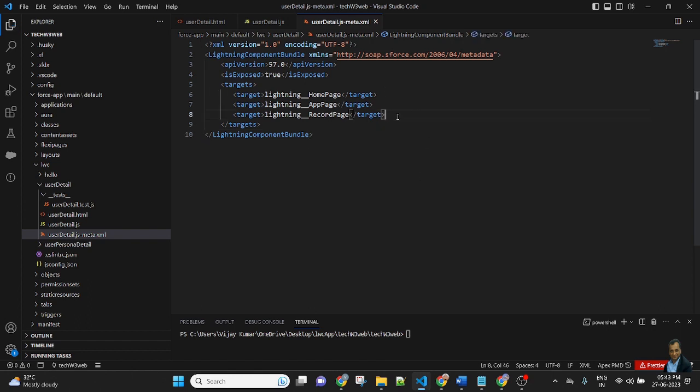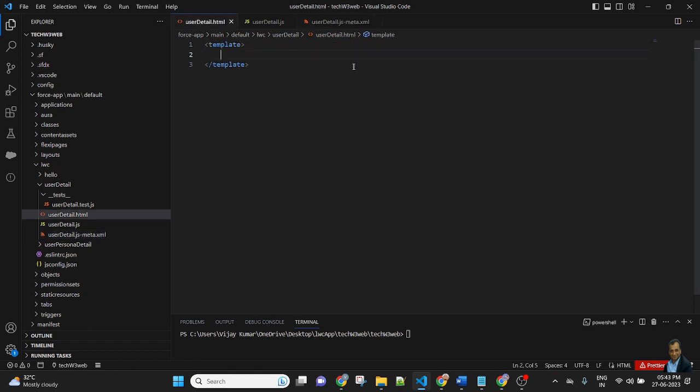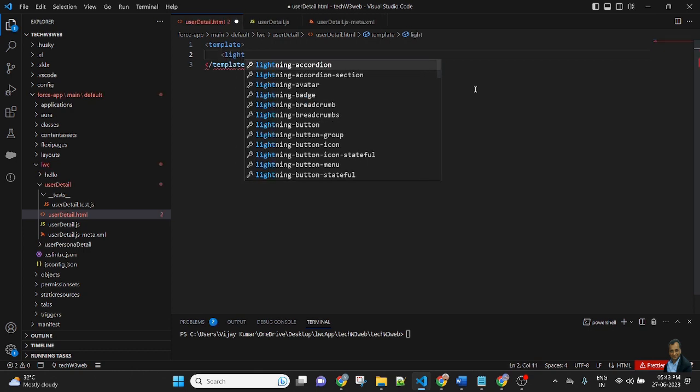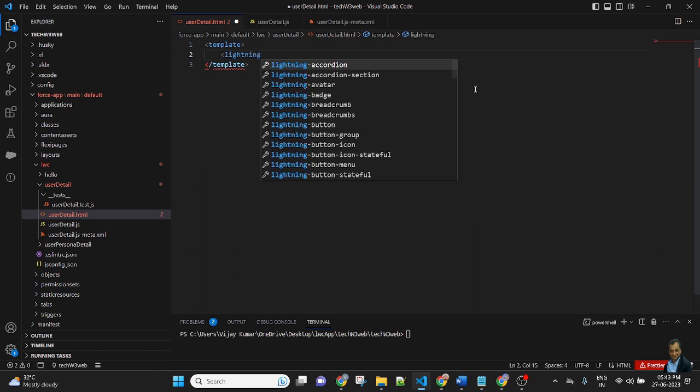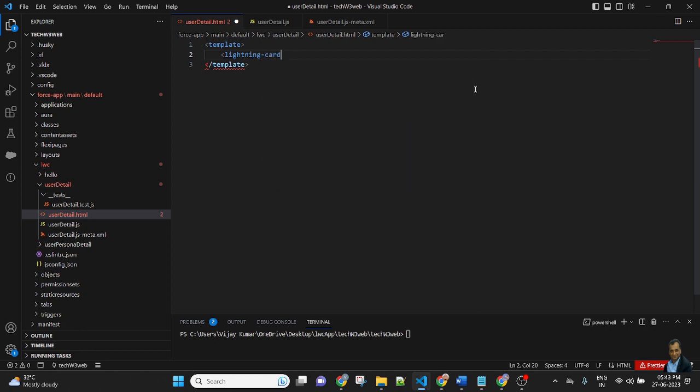So after creating the meta XML file, go to the HTML. In the HTML, I am putting the user detail. First we create an HTML tag, lightning-card, with the title user info details.